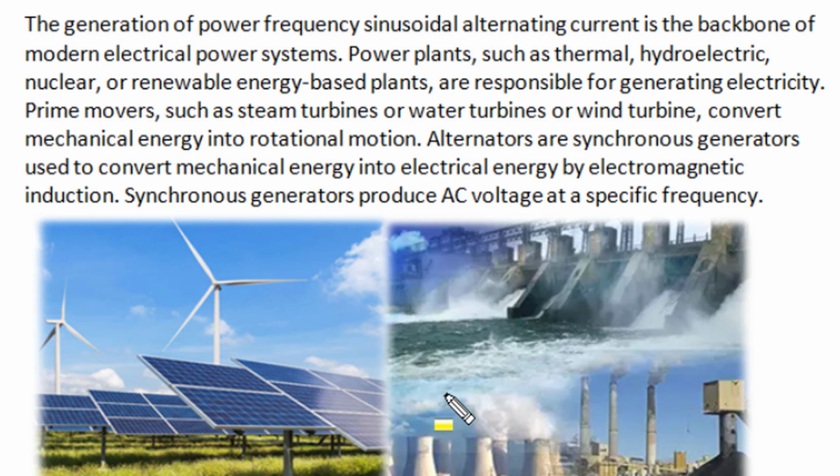In these generators, the prime mover, whether it is a steam turbine in nuclear and coal thermal plants, a hydel turbine in a hydroelectric plant, or a wind turbine, converts its mechanical energy into rotational motion, and the attached synchronous generator, doubly fed induction generator or grid connected converter produces sinusoidal electric supply of standard 50 Hz or 60 Hz.